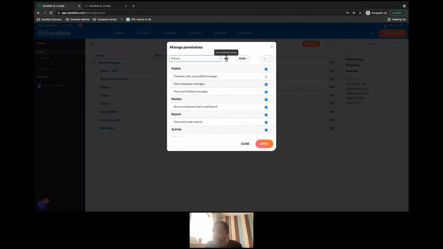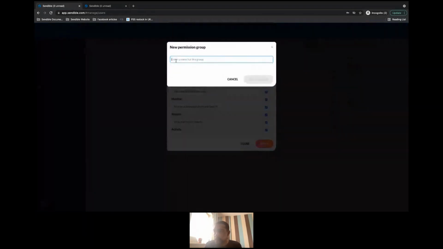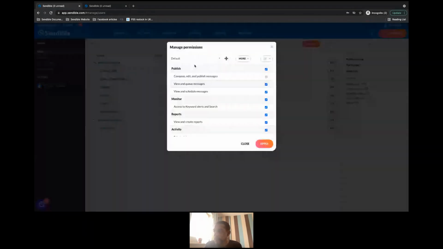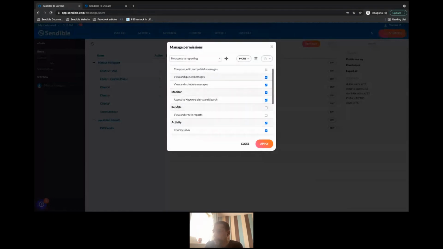New permission groups can be created by clicking the plus icon and giving it a name. Then I can go through and select what permissions should be available. In this case, I've selected all permissions, but I've left out the permissions for reporting. So anyone that has this permission group assigned to them won't be able to access reporting.